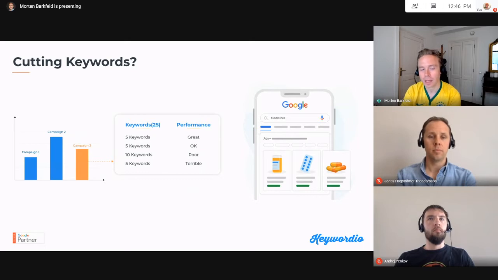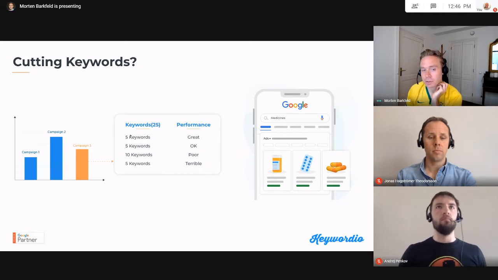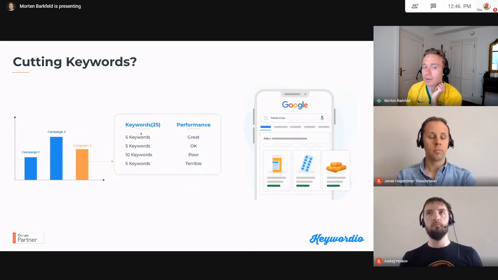I think before, campaign 4 was worse, but in any case, let's just take campaign 3 and maximize that. That, of course, entails, let's say, 25 keywords. It could also be 250, or 500 keywords, right? The thing is that this has a return on investment of, let's say, 500%, or 5 times your money back. But underneath there are keywords. So it could be that 5 of them are doing really great, right?